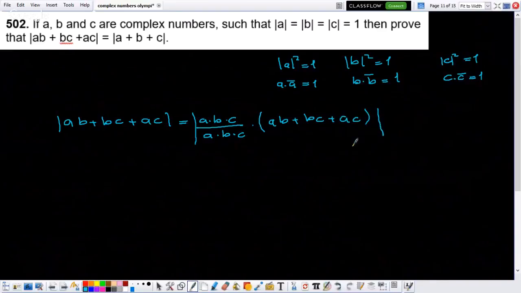I'm not going to multiply the numerator, only the denominator. When I multiply, it's going to be A times B times C, this is equal to 1, by the way, times